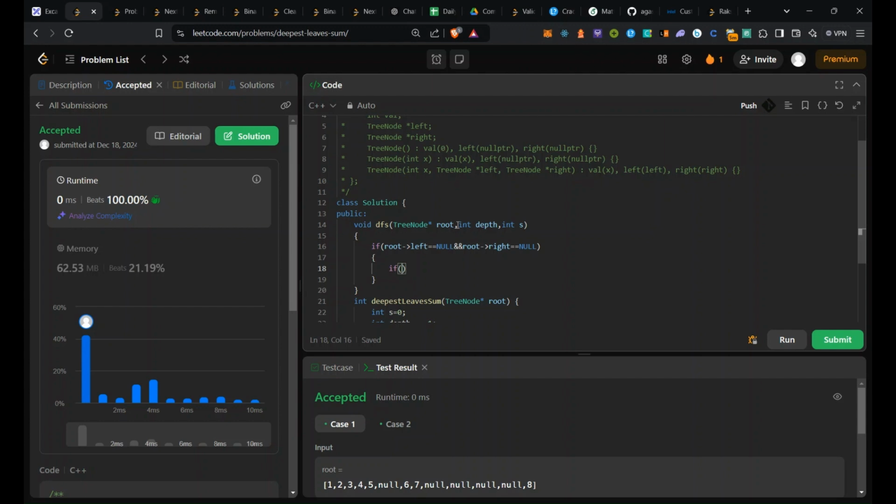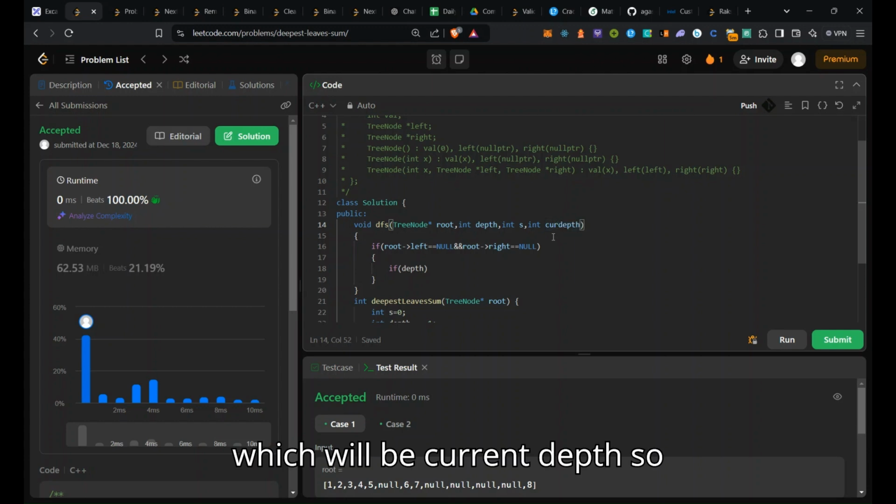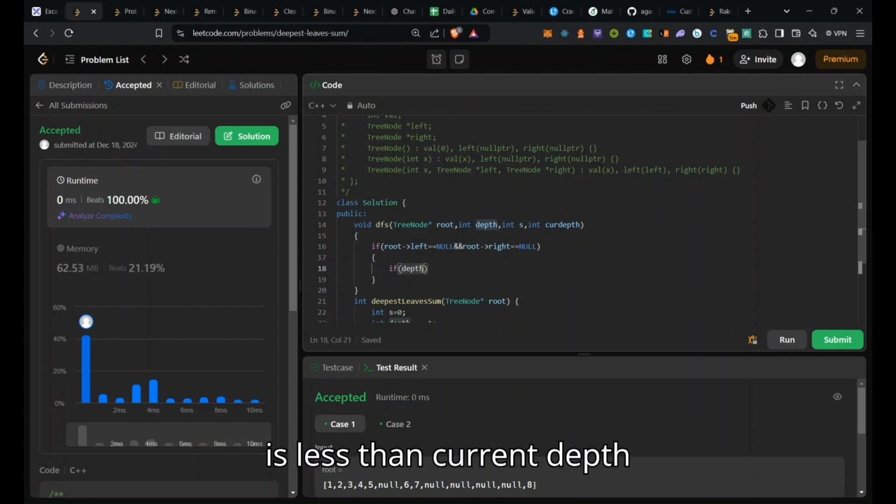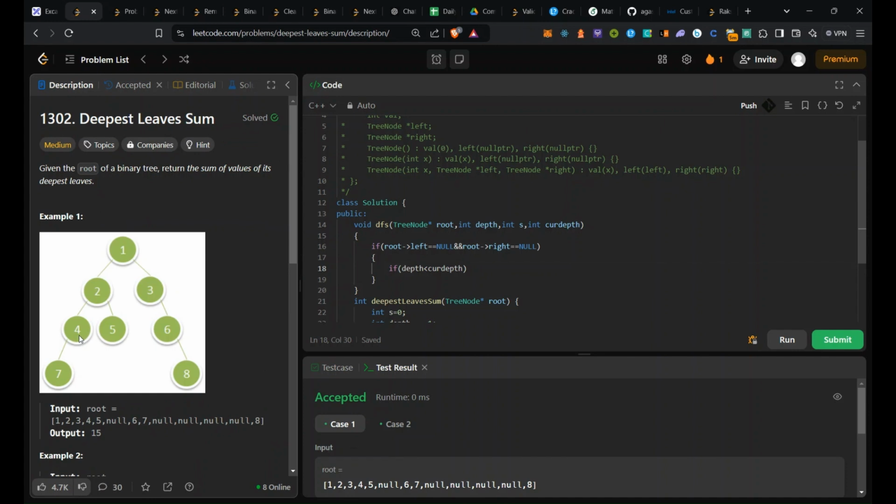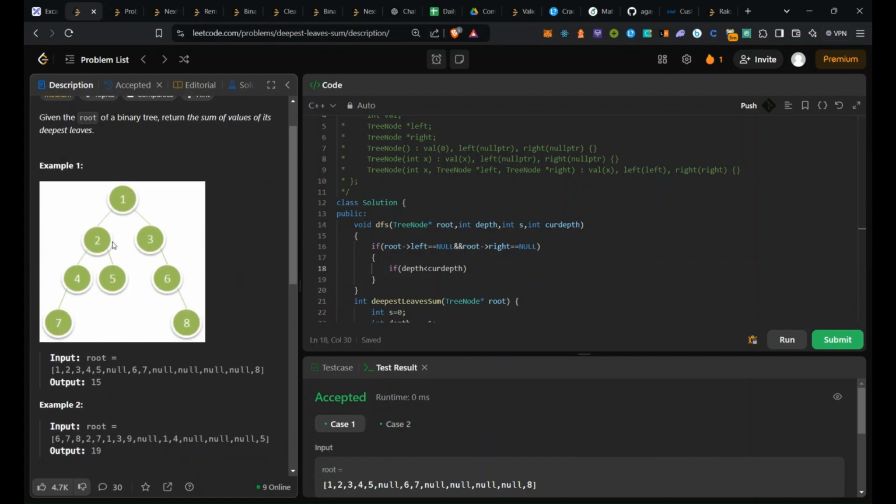Okay, then we will check if depth. And we will take one more variable which will be current depth, so if depth is less than current depth, which means, for example, if we are at 1 to 5, and after that it is going to 7, then the current depth is greater, so it will assign sum equals to root value,